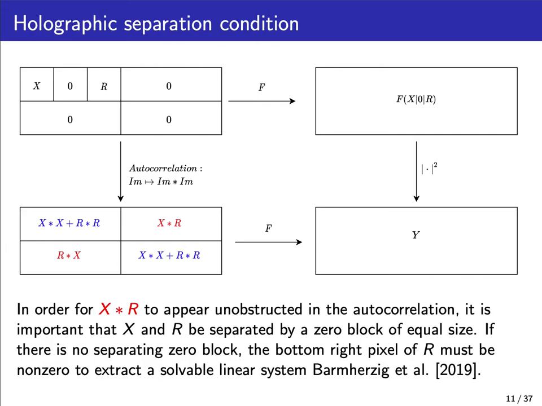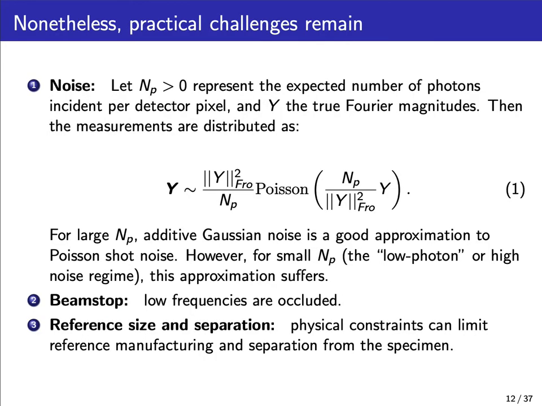I just want to highlight that holographic separation condition one more time, which shows that in order for this to be a linear inverse problem, you do need some sort of sufficient separation between the specimen and the reference, or a slightly weaker version of that, you at least need one pixel of the reference to be n pixels away from the unknown specimen in order to be able to extract a linear system. But it's very clear that once you have a linear system, this kind of solves the ill-conditioning issue for a reasonable choice of reference. So that's all well and good, but of course there are still practical challenges when you're working with real data,